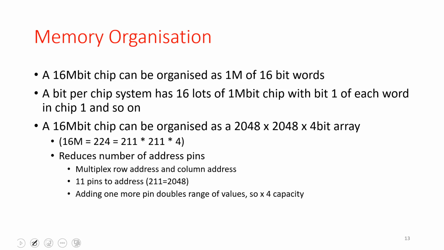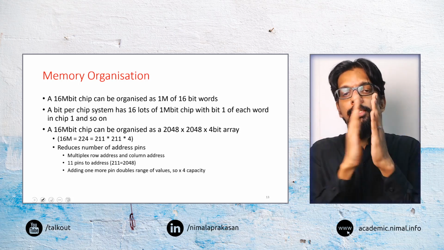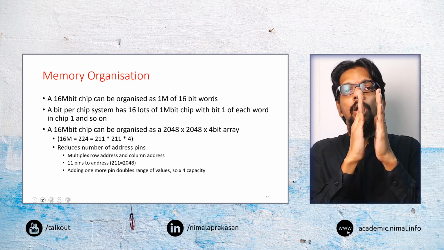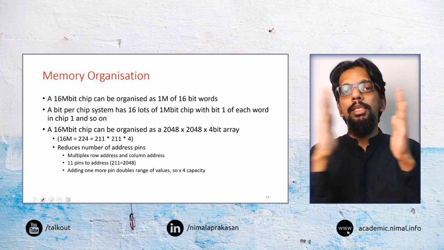So when we look at memory and various types of memory, one of the things to understand is how we can read and write from this memory. Because memory is going to be a large amount of bits that can be stored in a particular medium. So now we need a way to read and write particular parts of that memory. The memory can be a significantly large space. Let's take the example of 16 million bits stored in a memory. So this memory is going to hold 16 million bits.